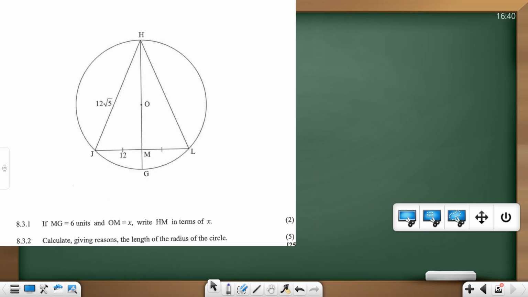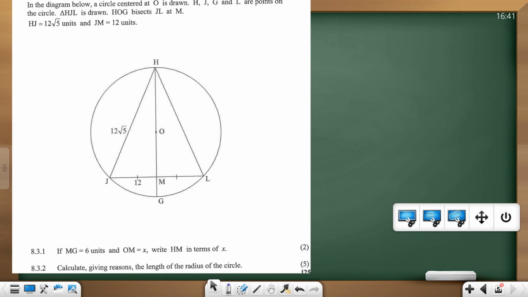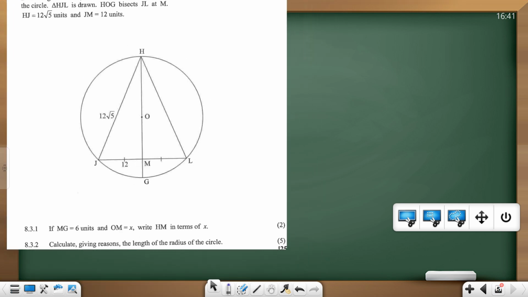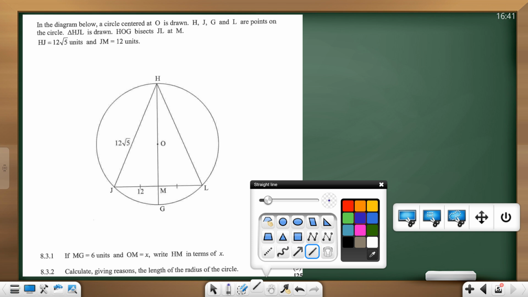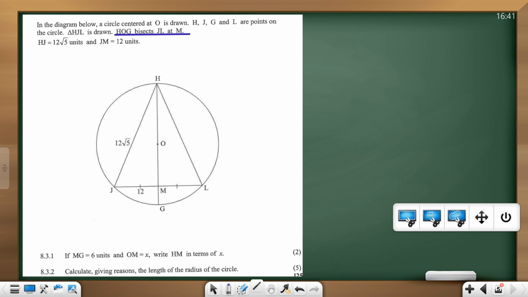When I see this, I'll tell you what comes to my head straight. Theorem 1. Just by the look of the diagram, Theorem 1. Let's run through together. In the diagram below, a circle centered at O is drawn. H, J, G, L are points on the circle. Triangle is drawn. H, O, G bisect. Without even reading the question, you can see a line drawn from the center that bisects a chord is